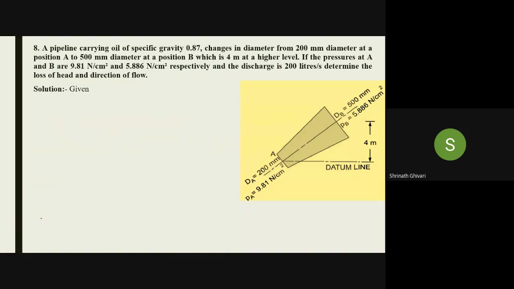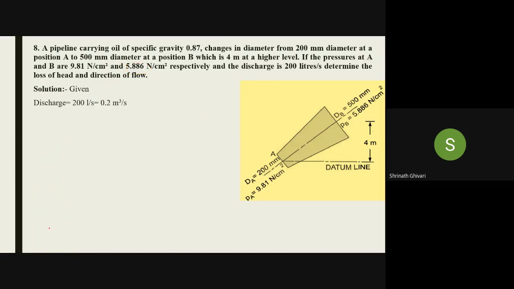Okay. One more example. If they give in terms of bar and if they tell you to convert it into Newton per meter square, what you are gonna do? If they give 1 bar, or they will give 2 bar somewhere, and here they will give 3 bar, 3.5 bar, something like this. If they give, then what you are gonna do? How are you gonna convert into Newton per meter square? 10 raised to 5. Very good.